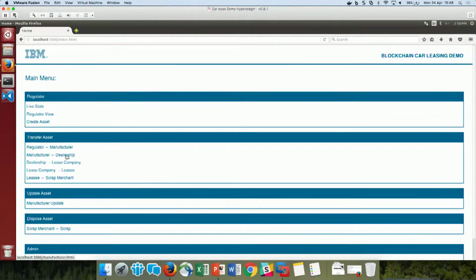It's actually very straightforward. If you can see my mouse, we have 5 members of the business network. We start with a government regulator, then move on to a manufacturer, then a dealership, a lease company, a lessee, and just to prove me wrong, there's a 6th member, the scrap merchant. So what we've done effectively is put the tracking of a vehicle, a car, asset, onto this business network. And I'll show you just a small part of the demonstration, moving the asset around through a number of these different